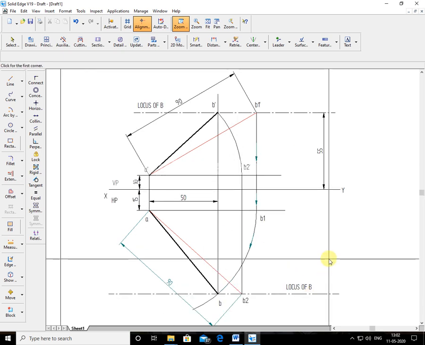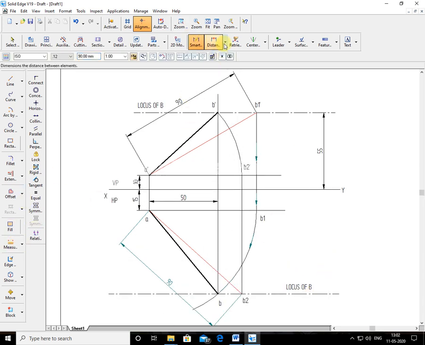Now I want the angle of the line with VP. I'll draw here the true length, true angle. This is 42. This is phi. This angle is already known: the true length angle with HP is 30 degrees, and this angle is the alpha angle of the front view. This is the beta angle of the top view. And this length is the front view length. This is the top view length. So this is the solution for the problem.